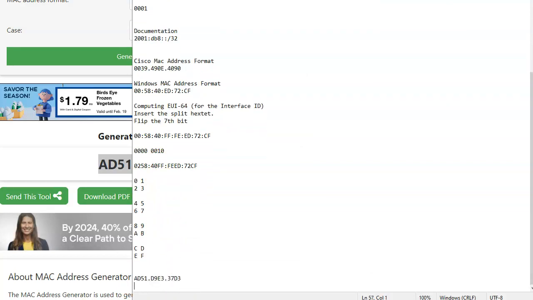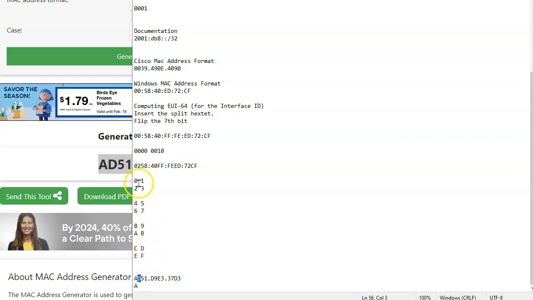Now I'm going to go through that EUI formation. Now, my first digit is an A. It's going to stay. But my second value is a D.